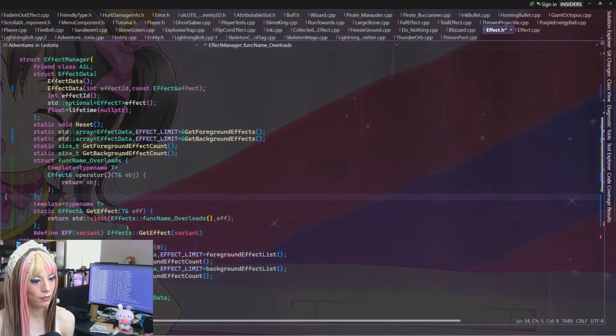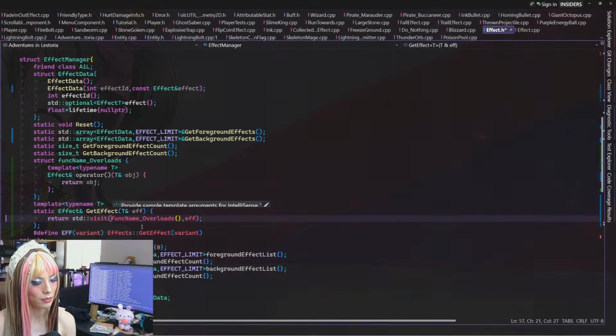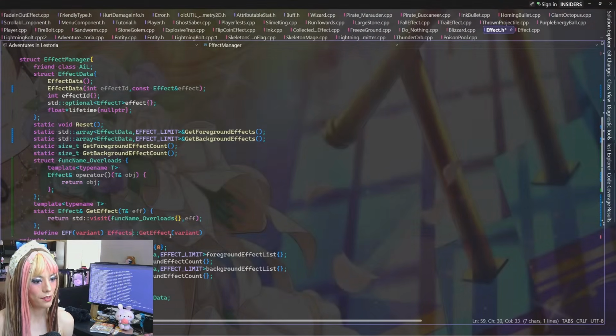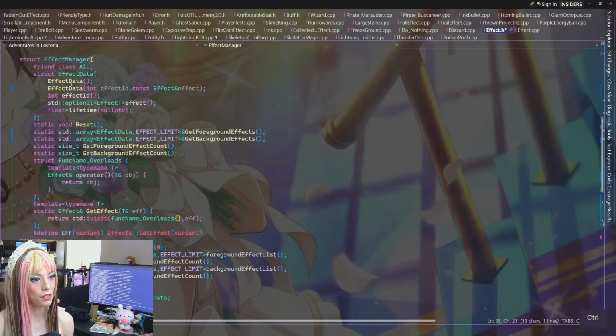So I just copied it over here just to see. These are public, so I'm going to start here and see what happens. So this is going to look like this, and this is going to be effect manager.